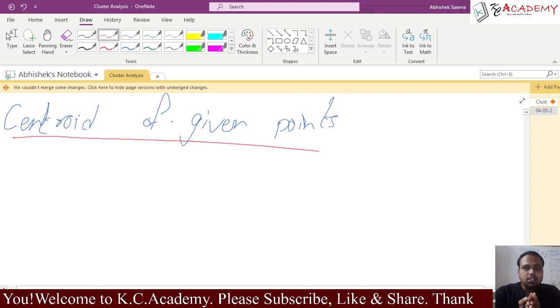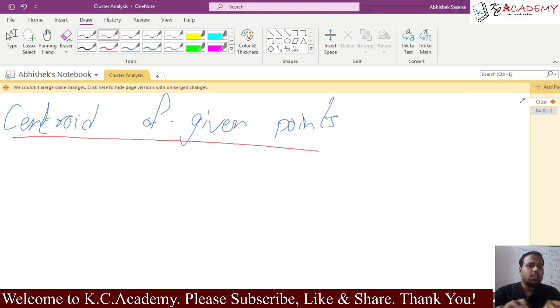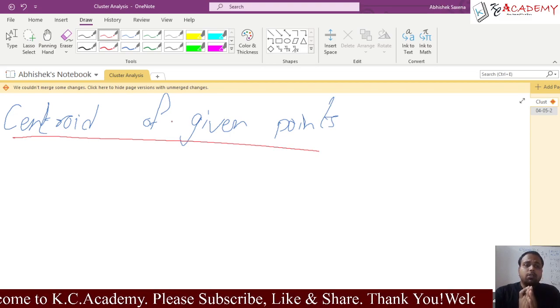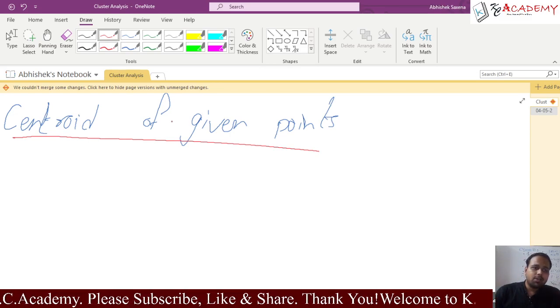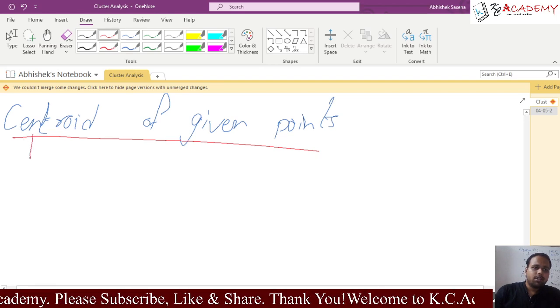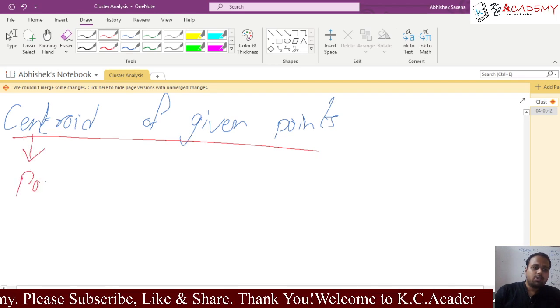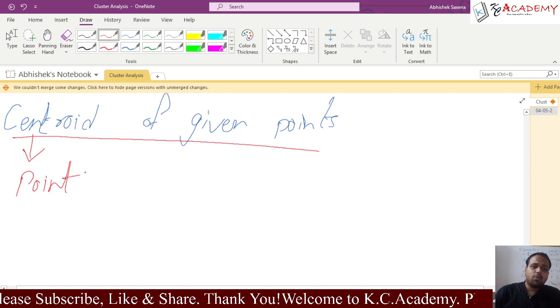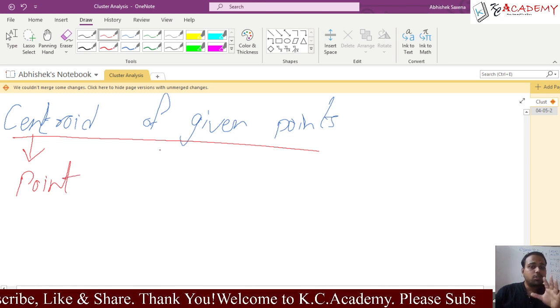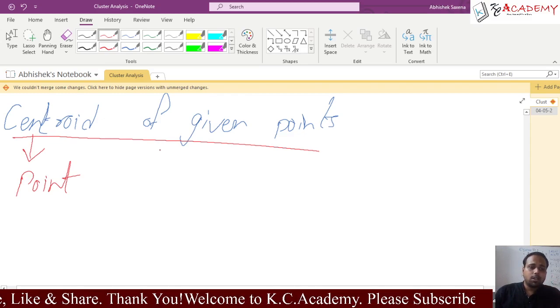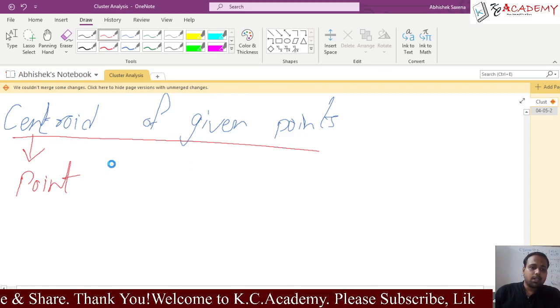Again, unlike distance, where you can find the distance between only 2 points, there is no limitation for the centroid. You can find the centroid for any number of points. Remember, the centroid is a point. So you have to find 2 things, because whenever there is a point, there are 2 coordinates, as we are solving for 2 axes. So that is the centroid for our questions.